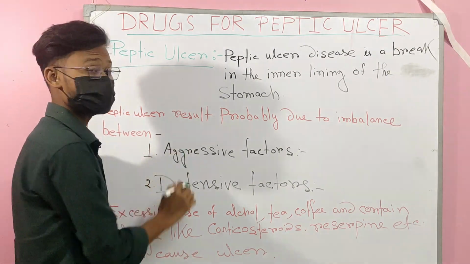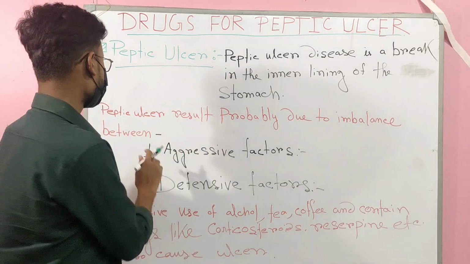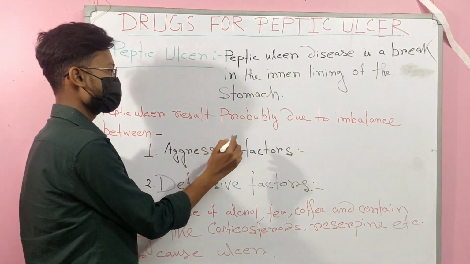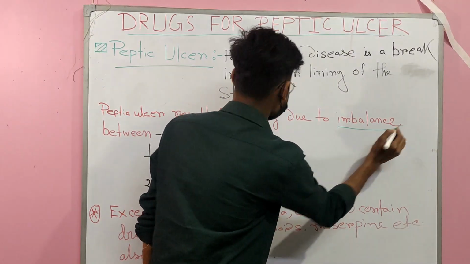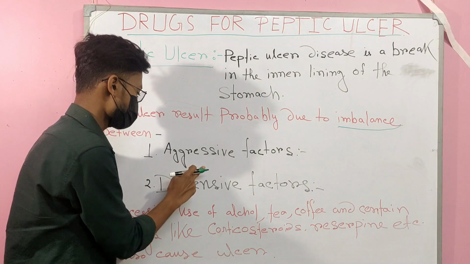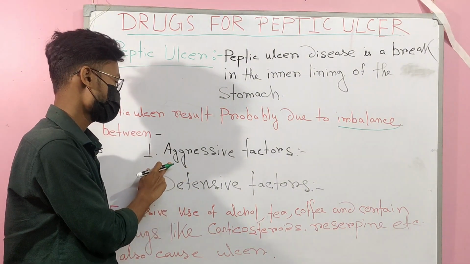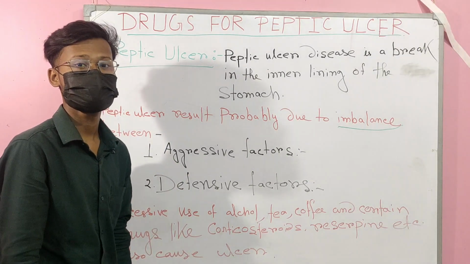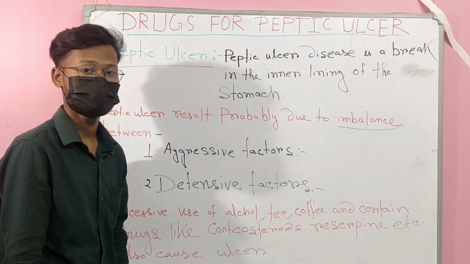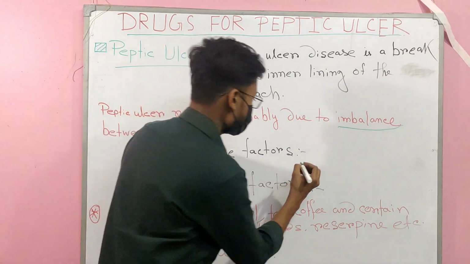Then the cause of peptic ulcer. Peptic ulcer results probably due to an imbalance between aggressive factor and defensive factor. So, what is aggressive factor? Aggressive factor means what is secreted from our body. That means acid,